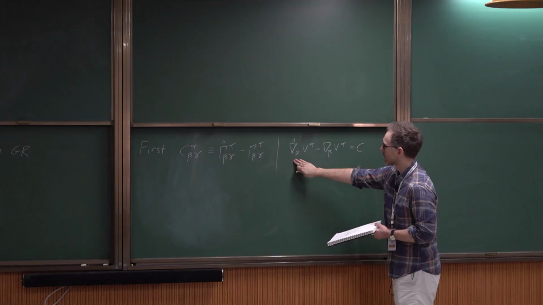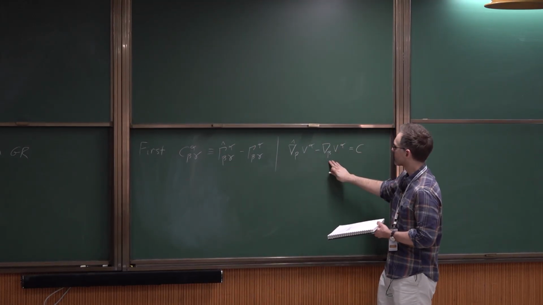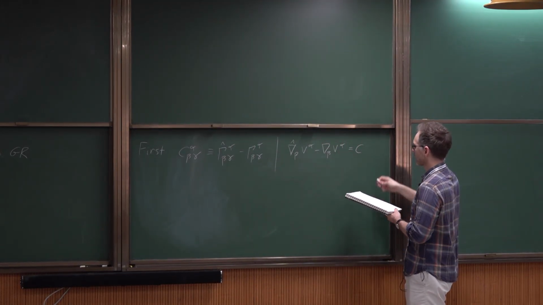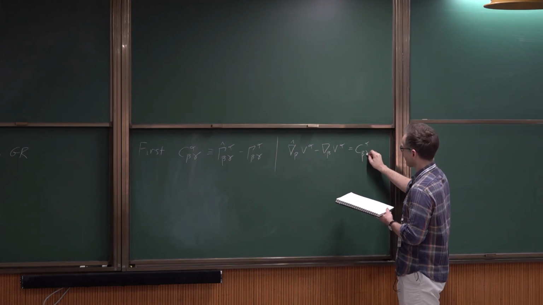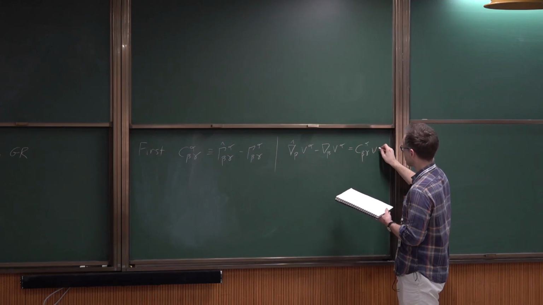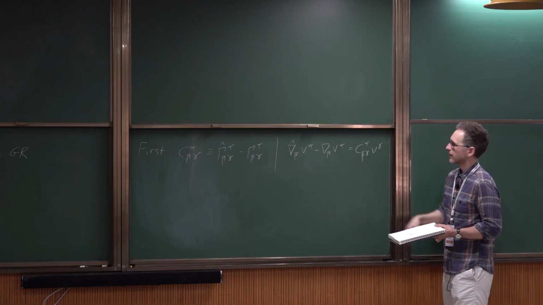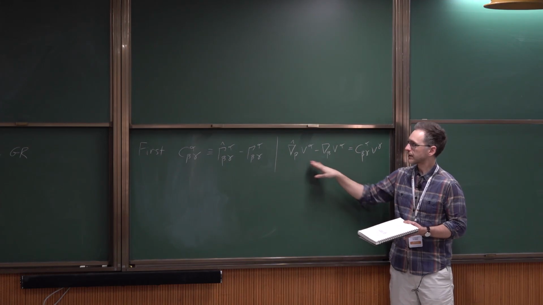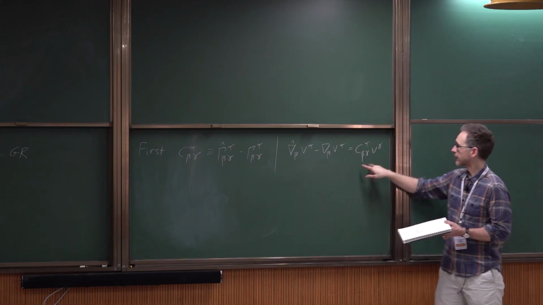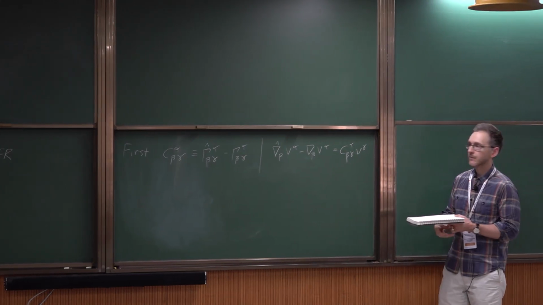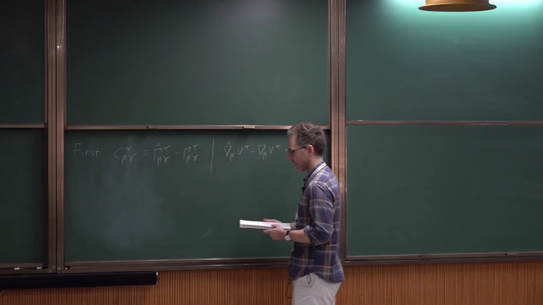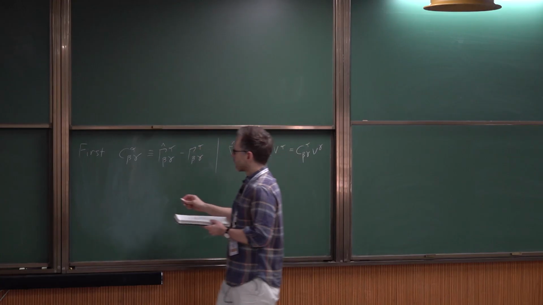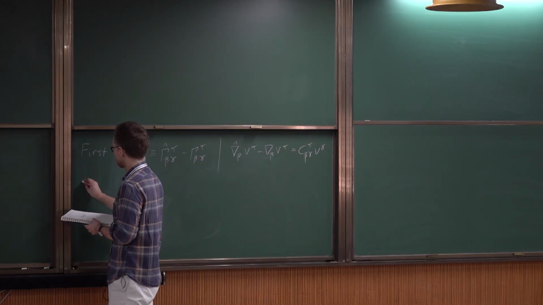So if you write this in terms of this Christoffel symbol and this in terms of this Christoffel symbol, then you just get C alpha beta gamma V gamma. These are manifestly tensorial. Therefore, this is as well. So this is a well-defined tensor on the space-time manifold. With a very short calculation,